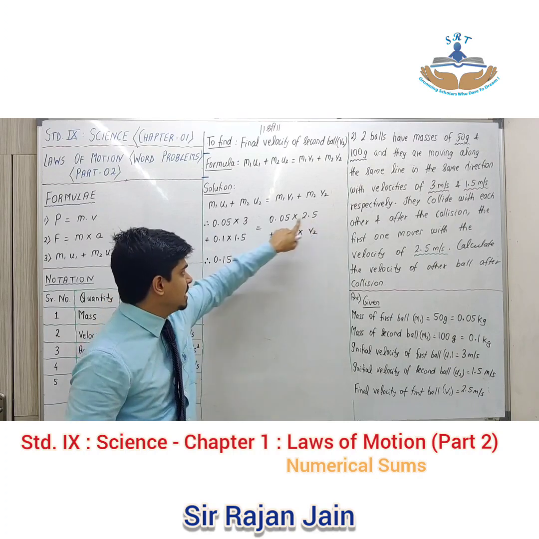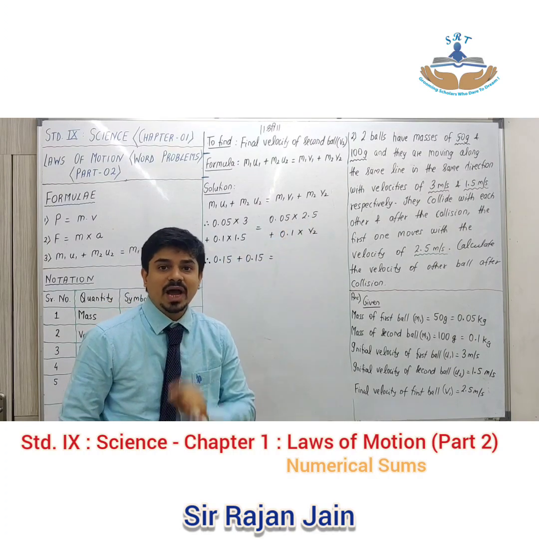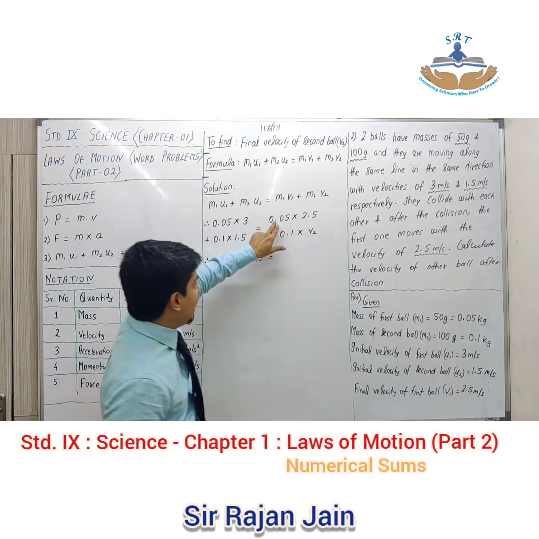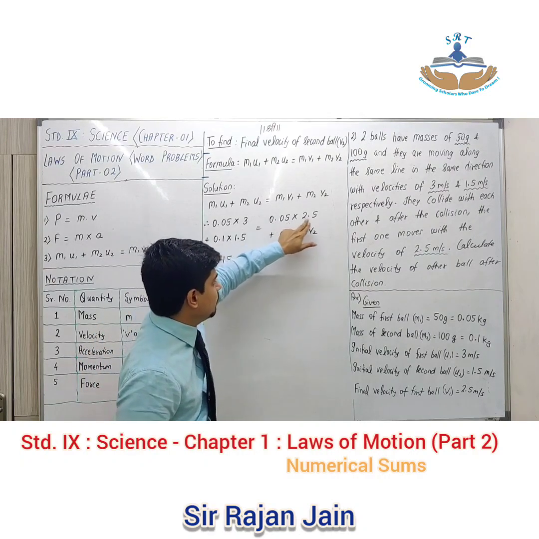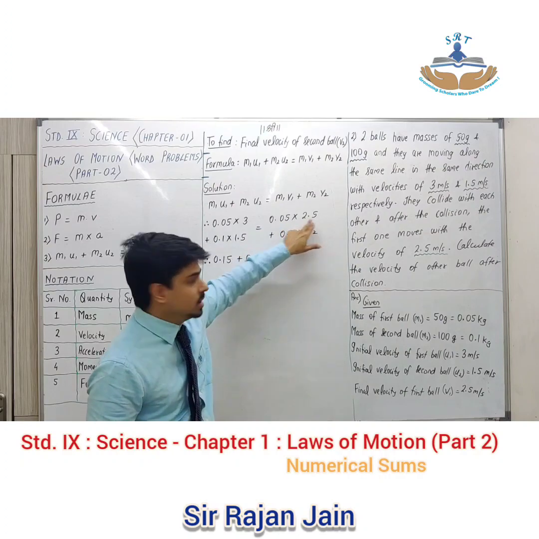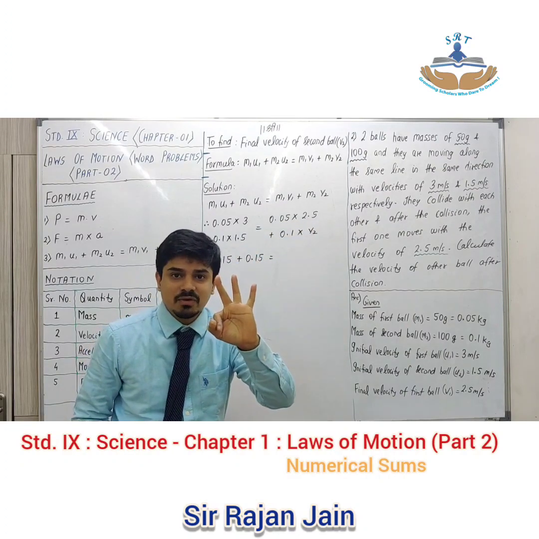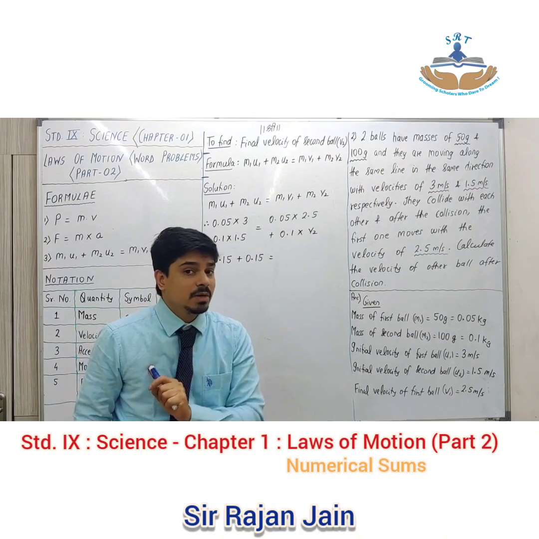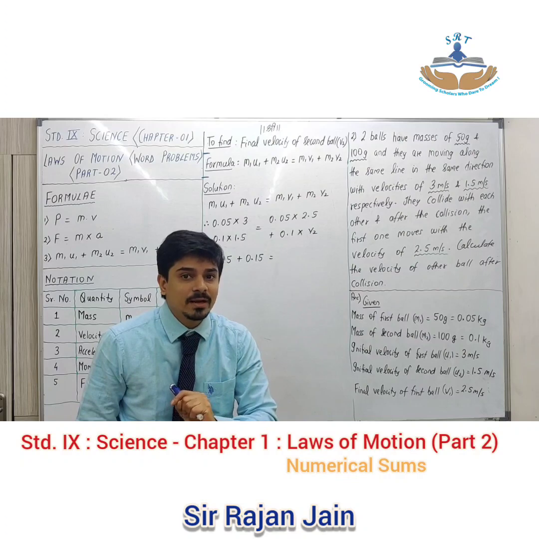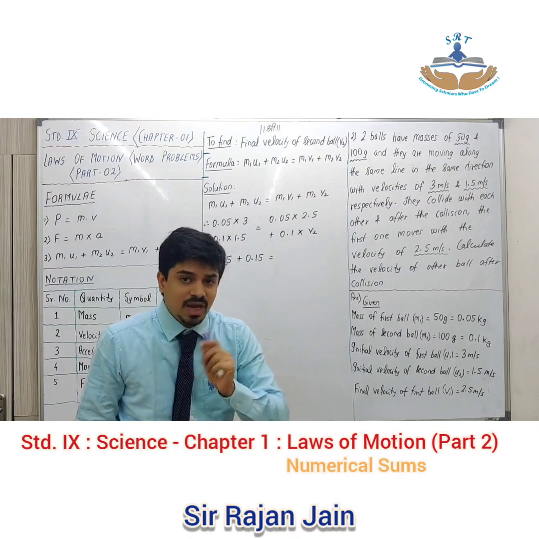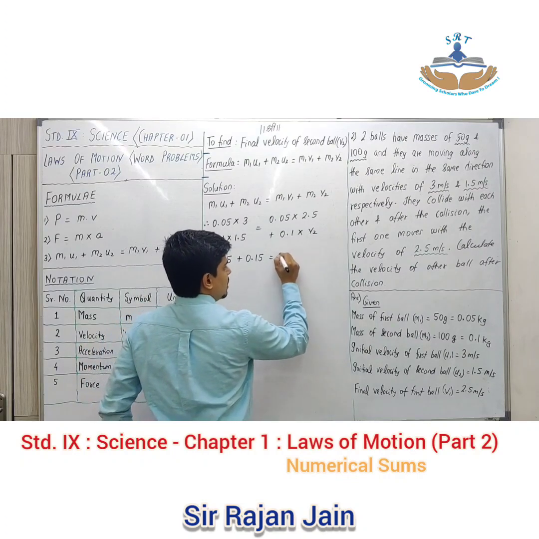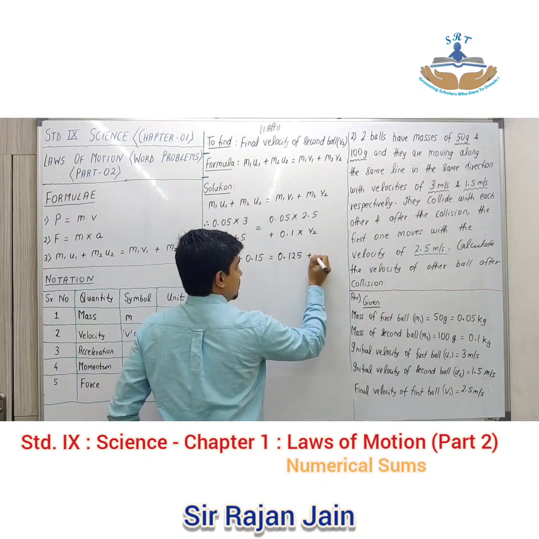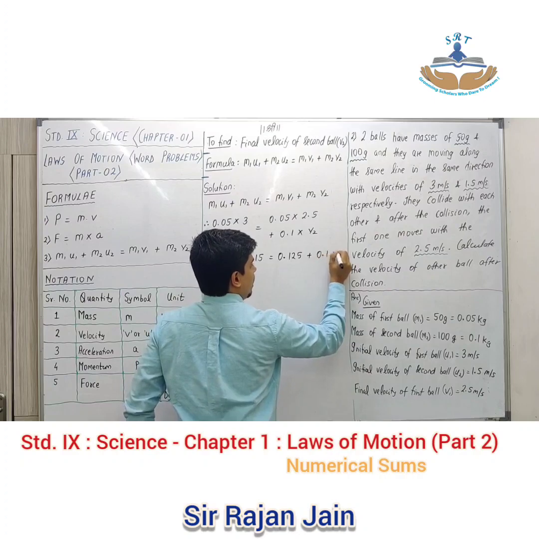Ignore the decimal and multiply. 5 into 25. 5 into 25 is 125. Now you check the decimal. After the decimal, 2 digits over here. After the decimal, 1 digit over here. So 2 and 1, total 3 digits after the decimal. In your answer also there should be 3 digits after the decimal. मेरा multiplication का answer क्या था? 125 था. तो decimal अभी किधर आएगा? If I want 3 digits after the decimal, it should be 0.125. There are 3 digits after the decimal plus 0.1 V2.